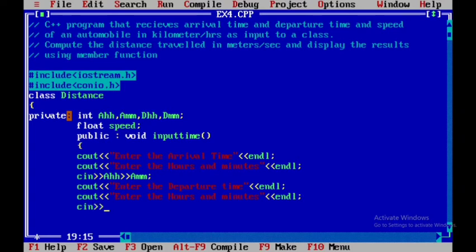Cin, where is it stored? It's stored in dhh and dmm, that is departure time in hours and minutes.